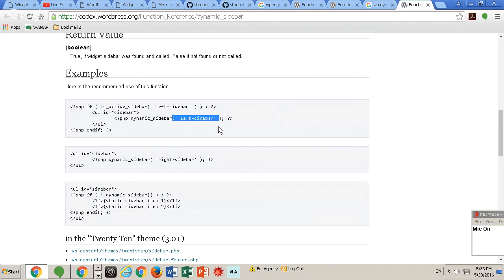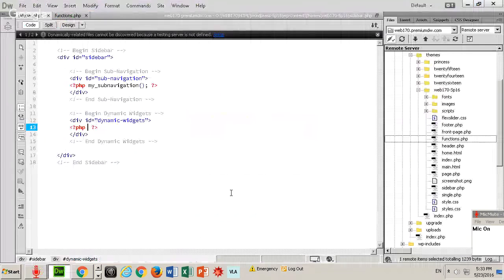Anyway, you can name them left sidebar, you can name them right sidebar, but we're just going to call a main generic one. Your face is killing me, Anna. Oh, are we learning again? We're learning again. Yes. So dynamic sidebar, right? And this is where if I had a name, if a sidebar had a name,